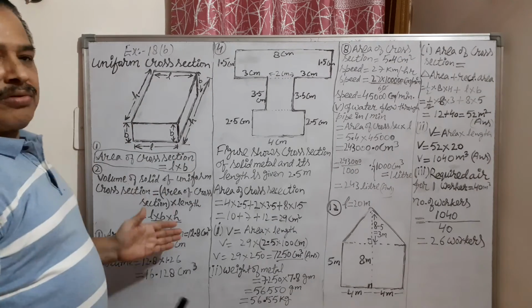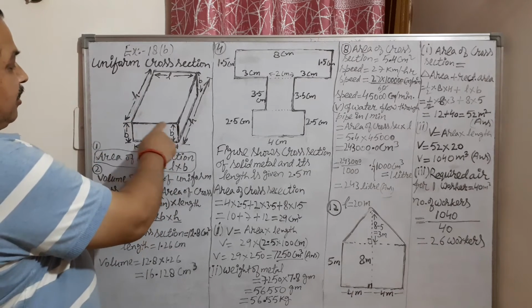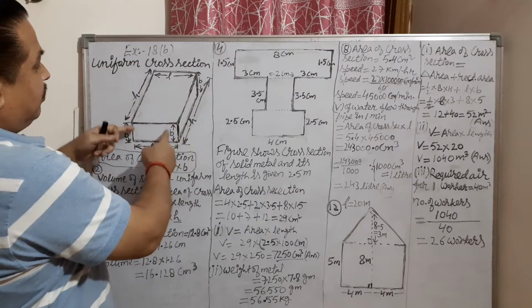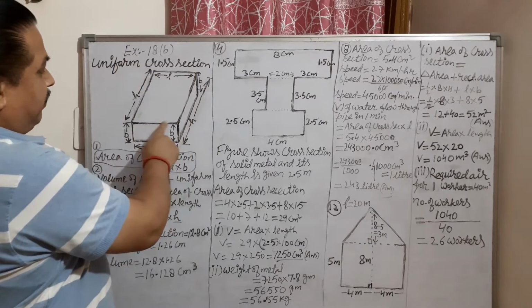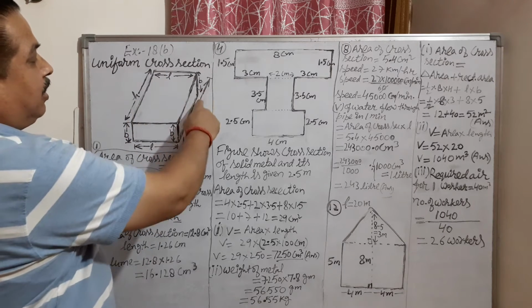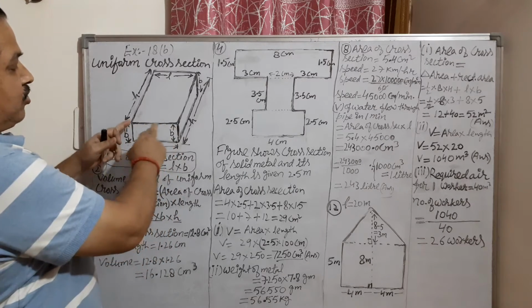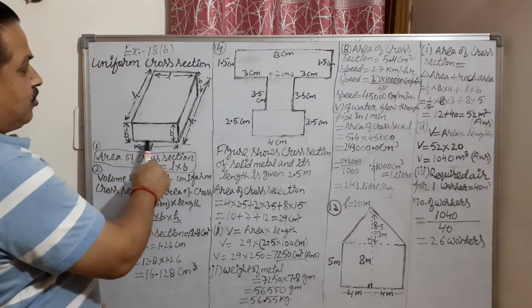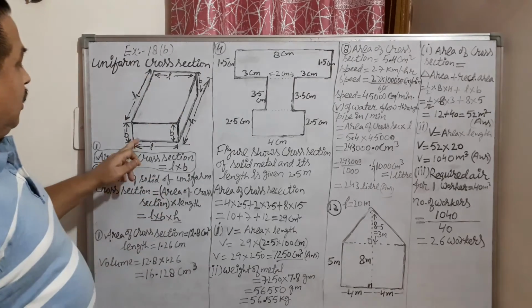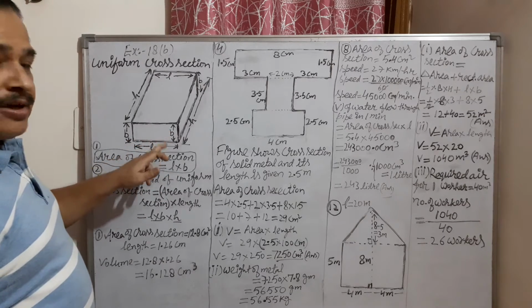Now, what is cross section? See, from the front side, this rectangle is going till the end. This rectangle is going till the end. So this will be a cross section from this side, the front side, and from this side this will be a cross section. So now I am taking the cross section from this side. So this is actually a cross section because this shape is going till the end. Now what is the area of this cross section? Length into breadth, because it is a rectangle.